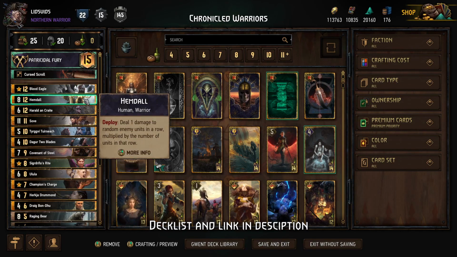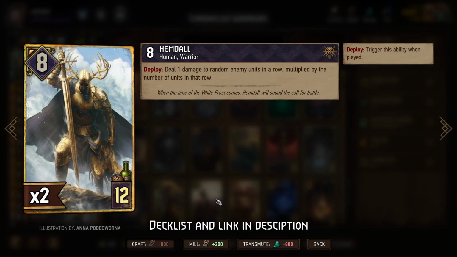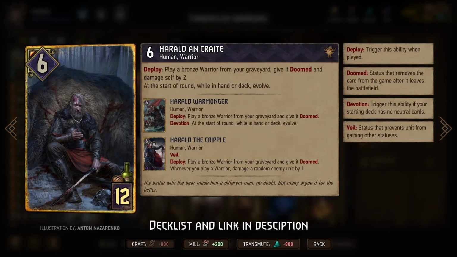Those include, perhaps most significantly, Hemdall, because that means you can potentially double his damage, which, if your opponent has a lot of units in a row, is crazy tempo. So that's a great one to combine with Ulula. Another good one is Harald on Craite, and I love how many of the new cards in this expansion are